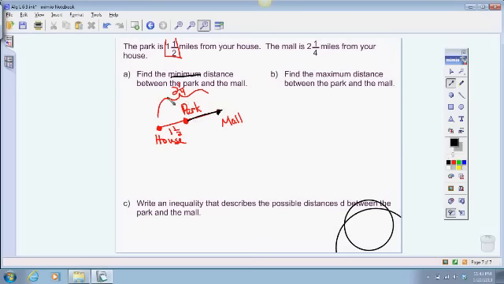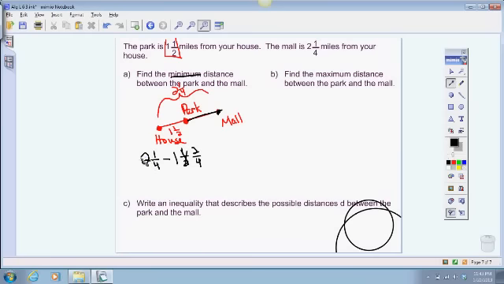So all I would have to do is take our total difference of 2 1/4 and subtract the distance from the house to the park, which is 1 1/2. This is our total difference. I just want to know this. I'm going to take our total difference minus our 1 1/2. So if we want to write these with a common denominator, that would be 2/4. But then we still can't subtract because we can't go 1 minus 2